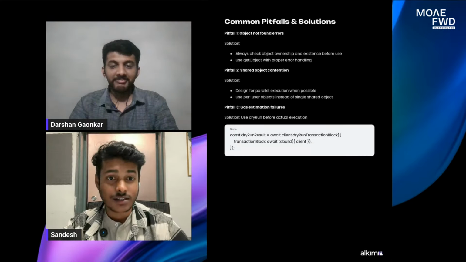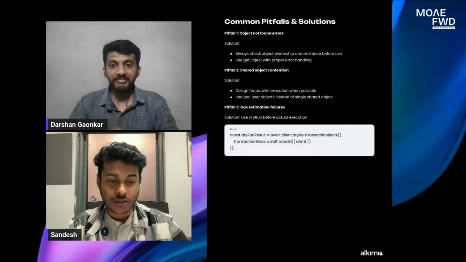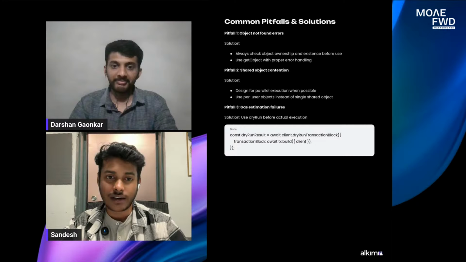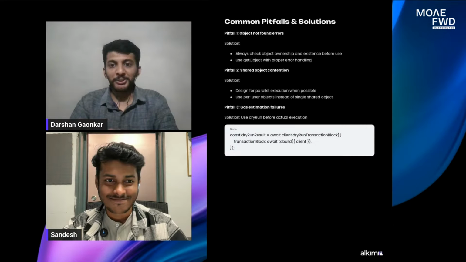So the next is gas estimation failures. Okay, so this is when we do a dry run. So Darshan, if you could take it up. Yeah, sure. So before we call sign and transact to execute the transaction, we can get the